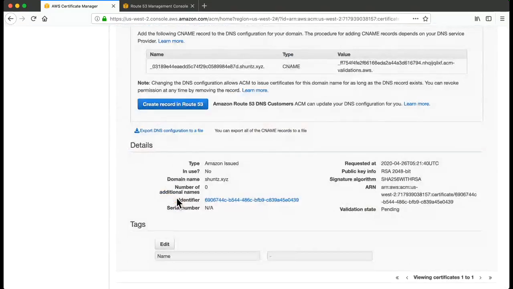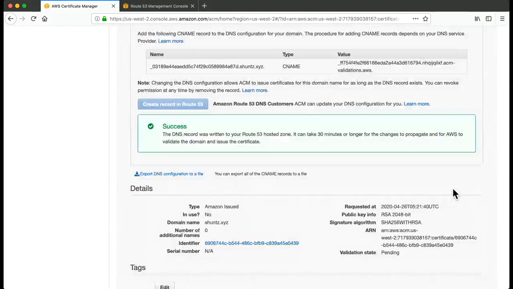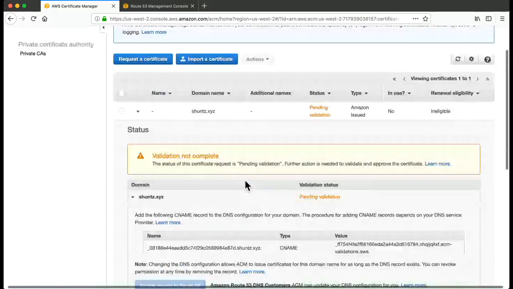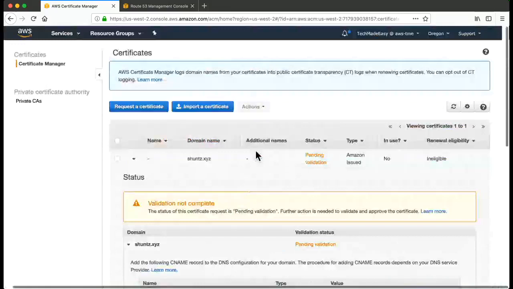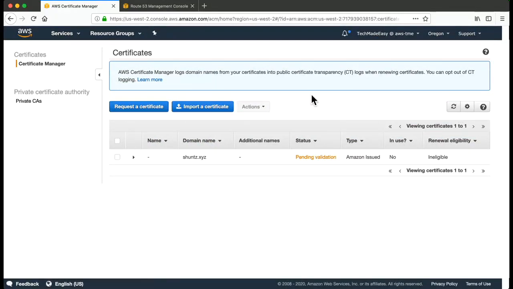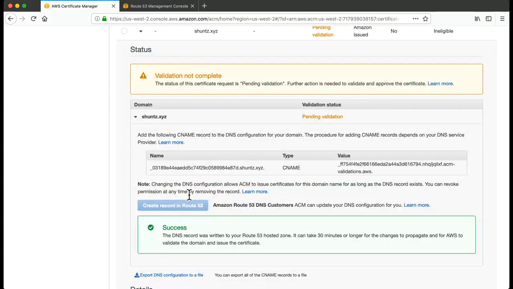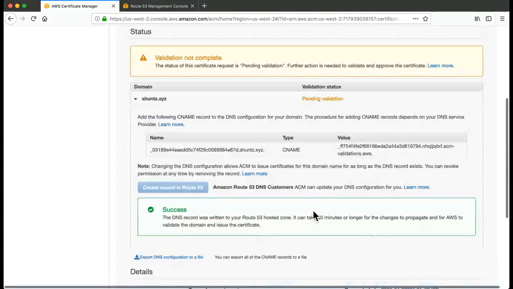Let's see. Also, let's discuss this button. If you click this button, it will basically go to that hosted zone and create that CNAME record. So if I click on create, nothing will happen in this case, simply because the record is already added. But if you have not added that record, then you can definitely use this button as well. This is easier than going to that domain, copying this and pasting it there. Okay,